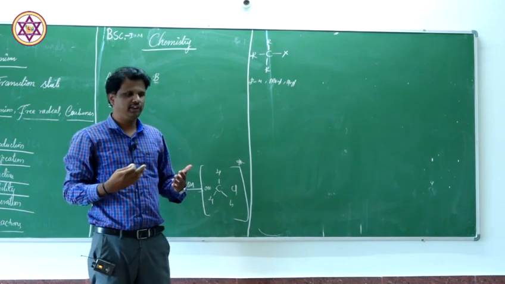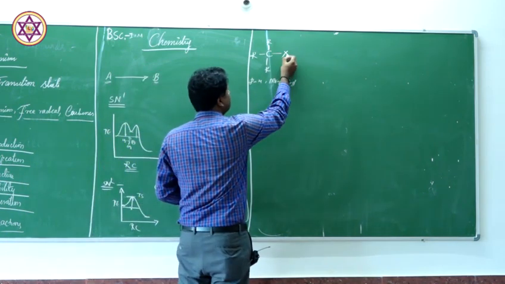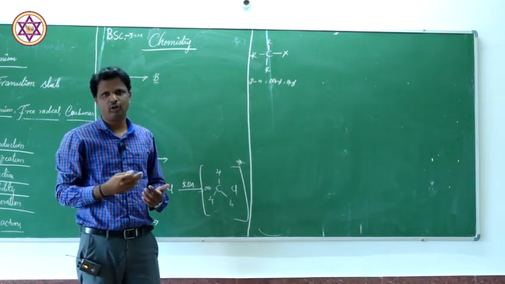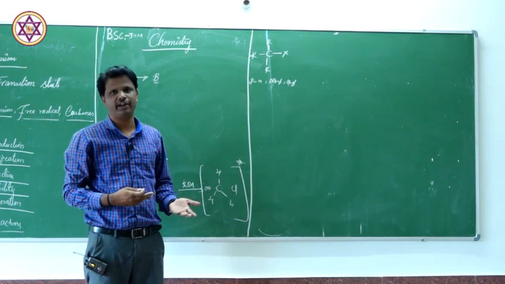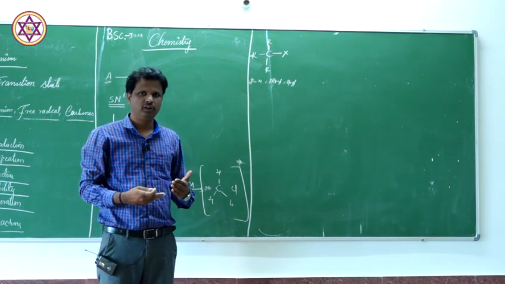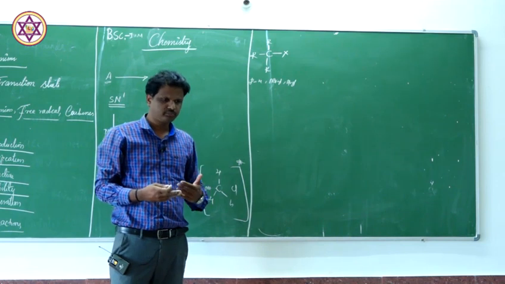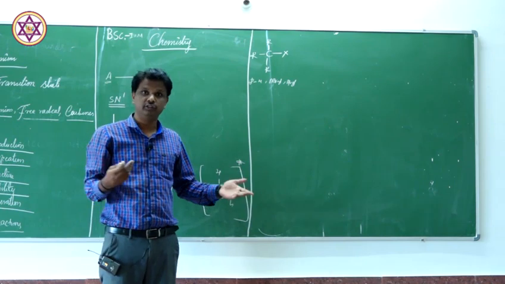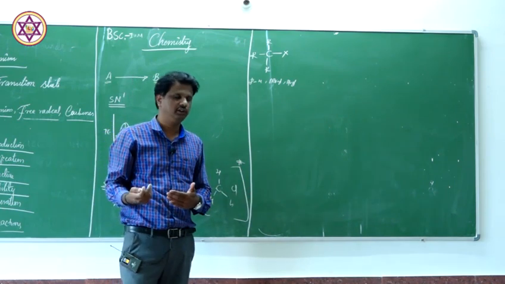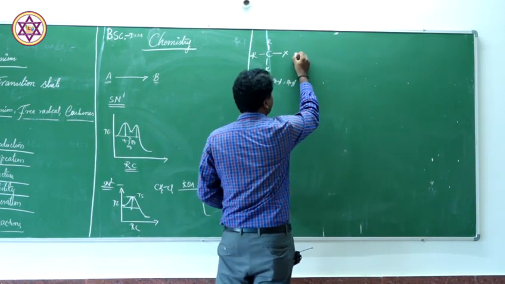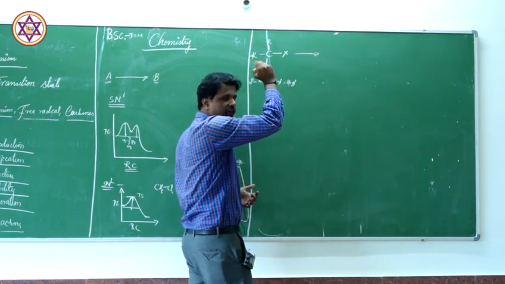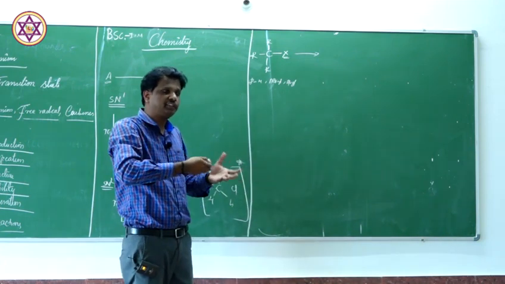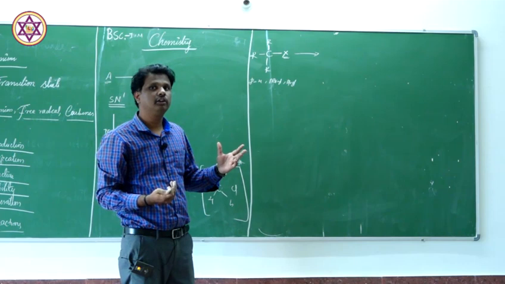As we already know, if the two atoms which are bonded covalently have different electronegativity, the bond pair of electrons will obviously be shifted towards the more electronegative atom. If you break such a bond, it always breaks in a heterolytic fashion, leading to the formation of ions. That is what we understood in the previous video lecture. Let us imagine that we have broken this bond. It undergoes heterolytic fission. The electronegativity of X is more than carbon, so it takes up the electron pair, leaving behind carbon with a positive charge.